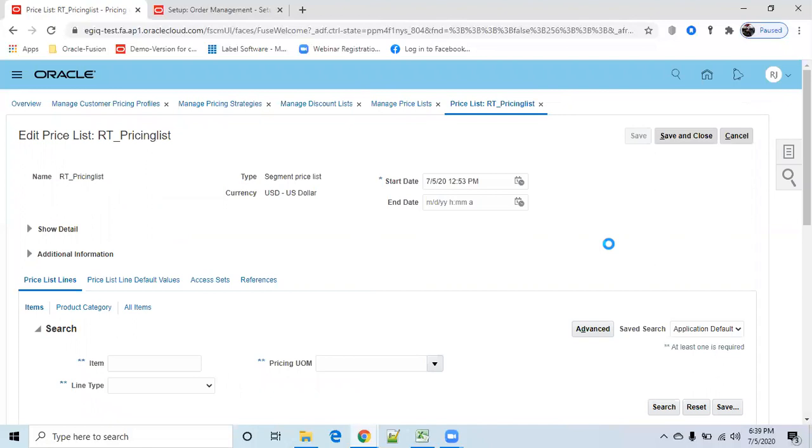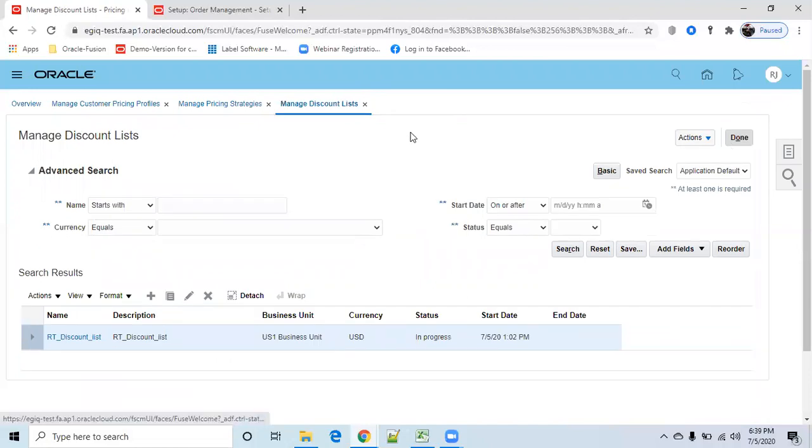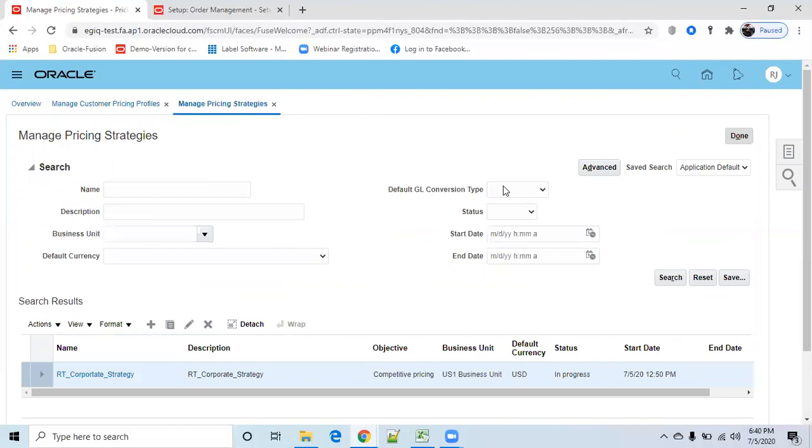So like this, we can define n number of items. Okay. So price list, discount list we created. Similarly, you can create return and remaining list as well. So now I created only two. Now I want to map those two pricing lists to my strategy.